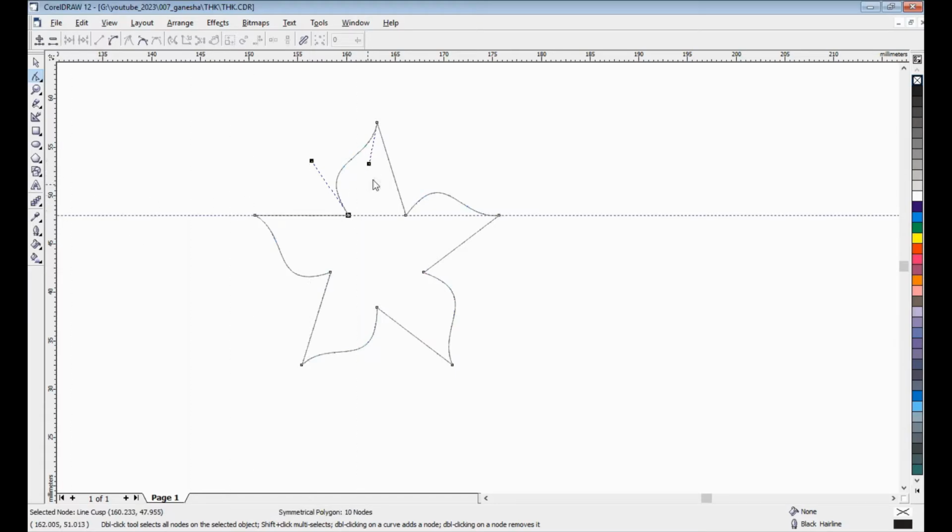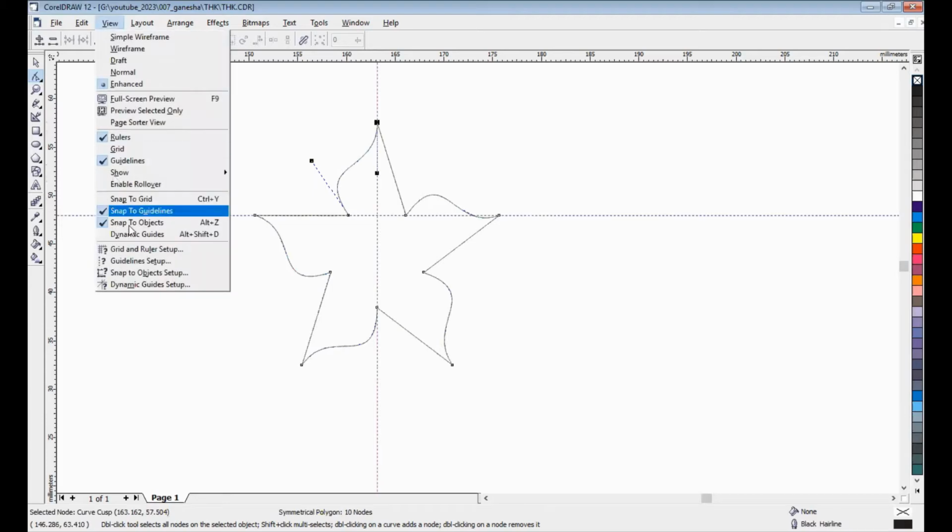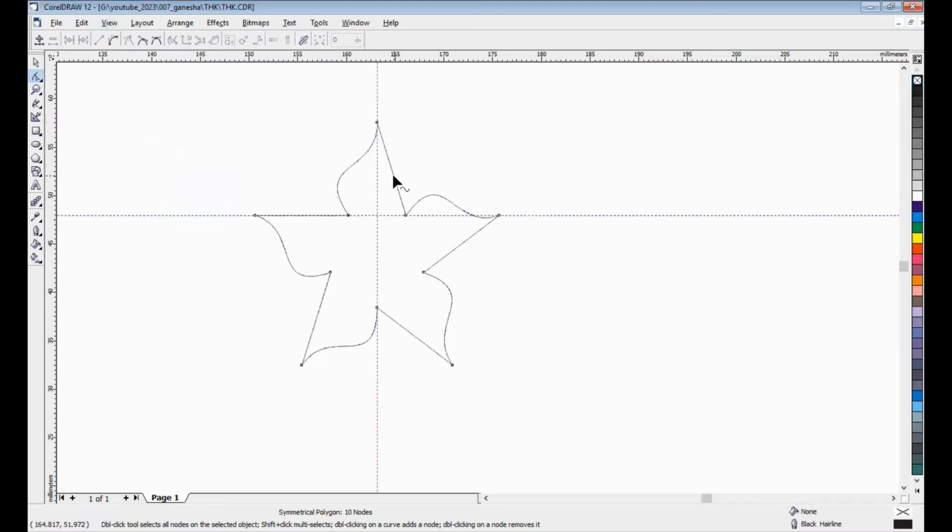Okay, I will try to use a guideline, maybe like this. Remember, we must activate snap to object. Okay, let's try to curve, maybe like this.